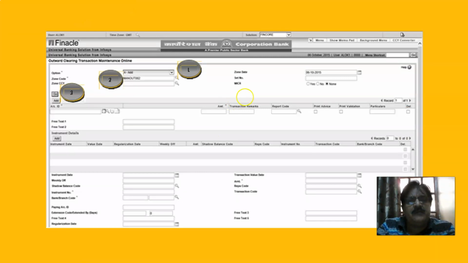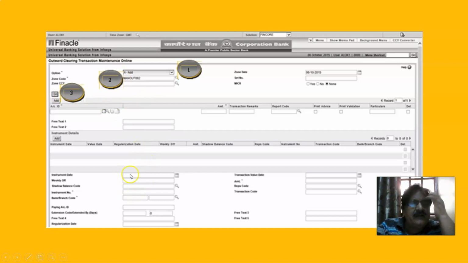You can see on point number 1, circled, on the left-hand side A is there, then zone code is there, zone date is there. Everything is there. Click on go after this. Now the bottom half of the screen consists of the instruments that we'll be entering in the system, and we'll keep on adding them here. I'll show you with the cursor. This is addition, A. So we are adding all these instruments just one time, with the zone code and zone date, and click on go here.